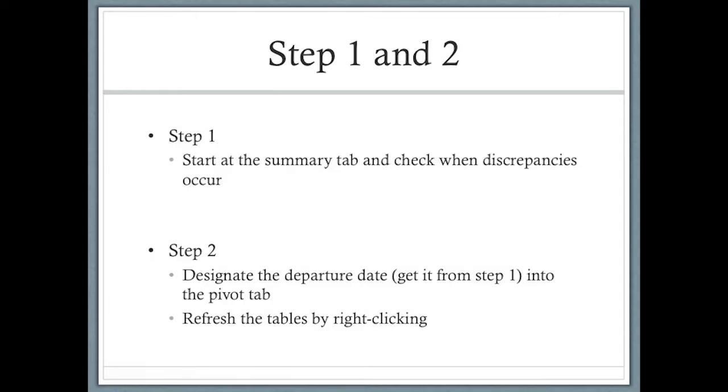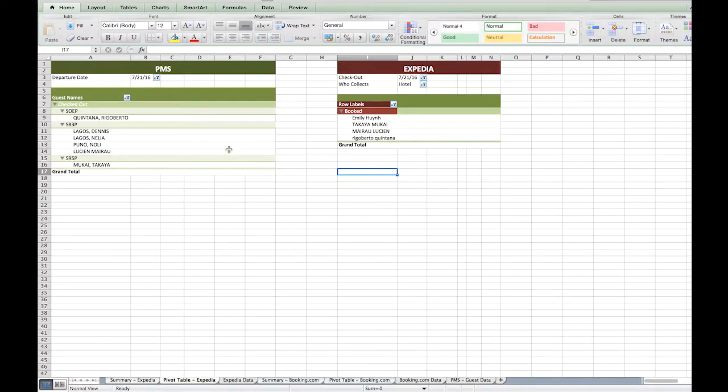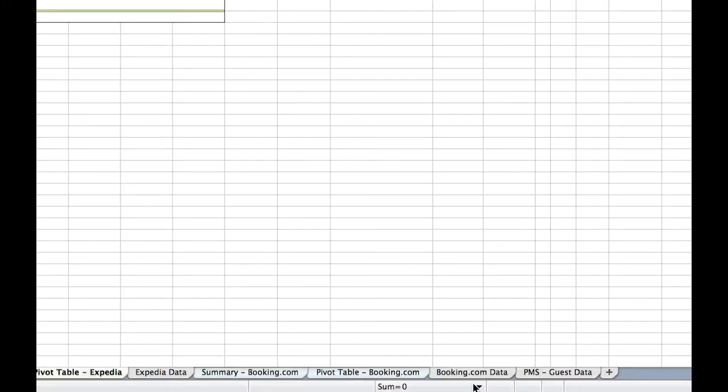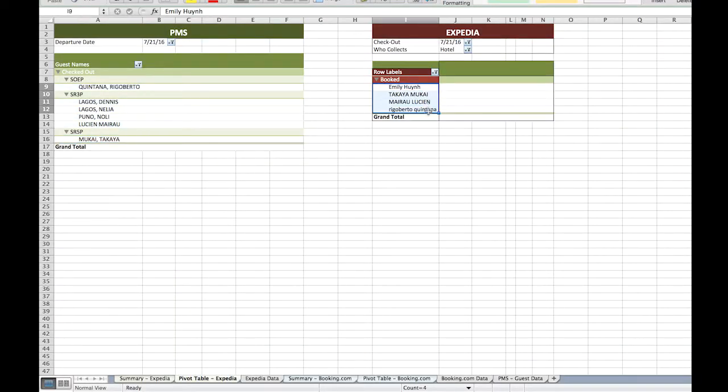So step 2 is designating the departure date, which we find out from the summary tab in step 1, and then refreshing the pivot table. Now, quick tip here, to make sure you're on the right track, what you can do is count the number of guests shown in the pivot table and see if it is the same on our summary tab. So we count 4 on Expedia and 6 on the PMS, and when we go to the summary tab, boom,